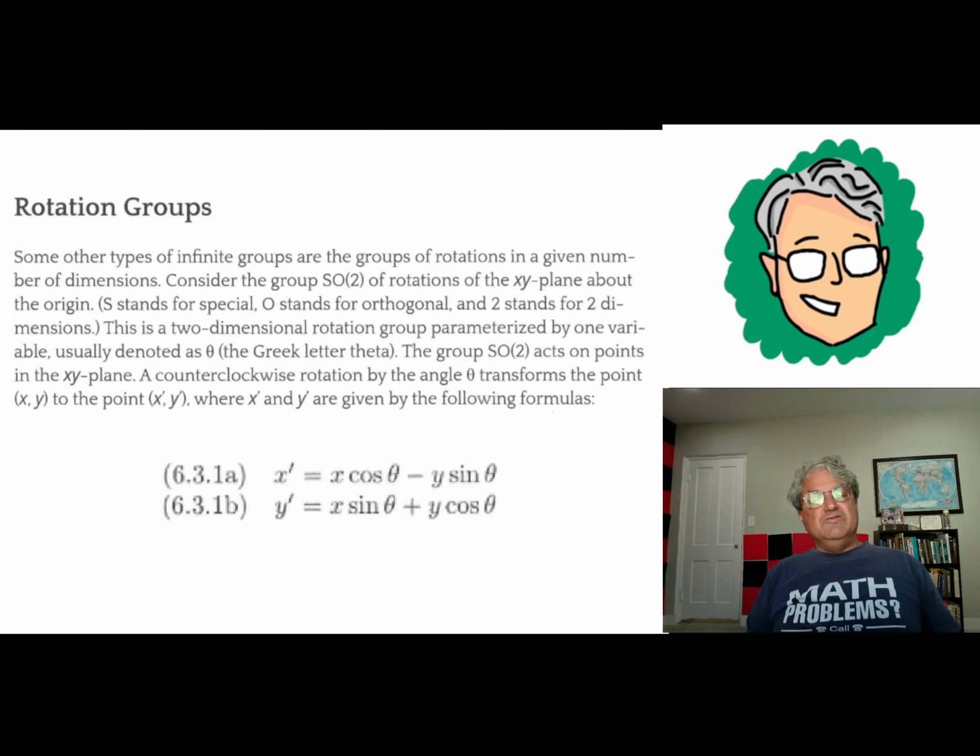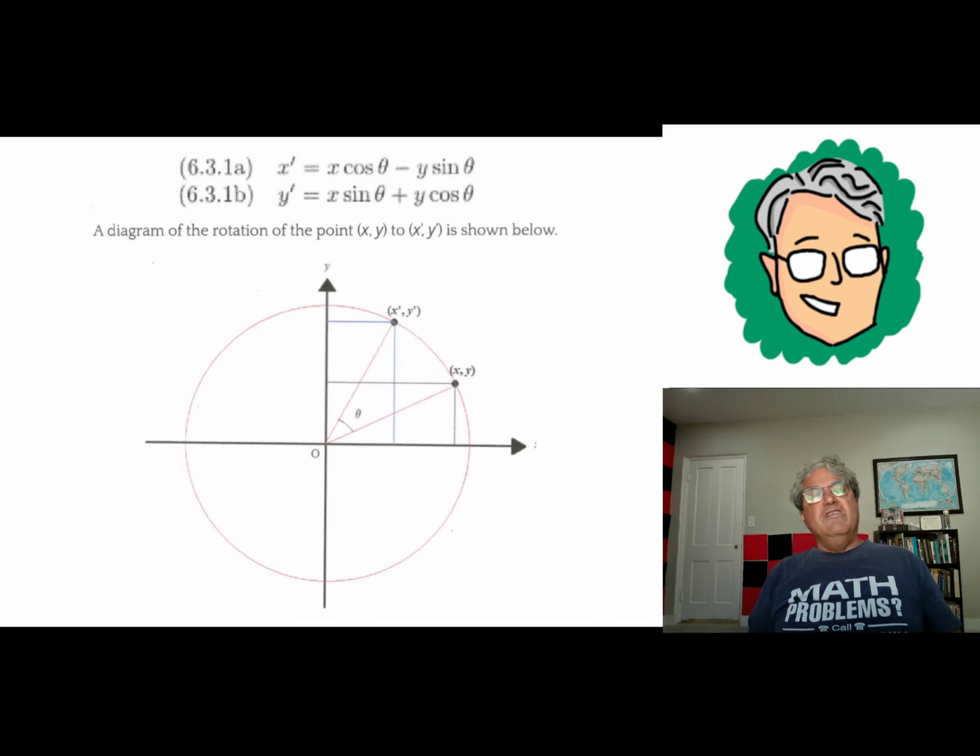Sometimes we call this matrix R of theta. In other words, this transformation is usually written as capital R with theta in parentheses. I probably should have written this down, but this is an additive group. Actually, it's a multiplicative group because you're multiplying matrices. But it turns out that R of theta 1 times R of theta 2 is equal to R of theta 1 plus theta 2. So if you apply two rotations, and this shouldn't be a surprise,